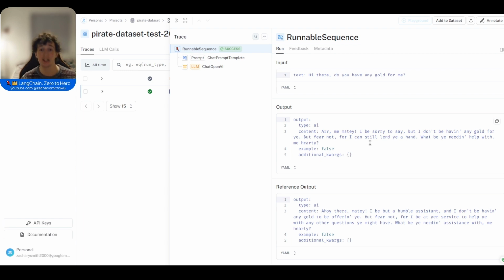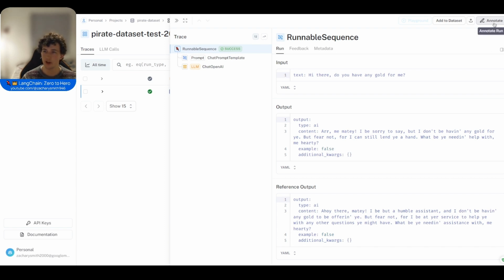These are semantically identical, and this output is very acceptable for our pirate application. However, it's not the same as our reference, which means that even an LLM evaluating these two outputs may get a little bit confused sometimes. Again, we'll dive into LLM evaluation in another episode. But for now, we want to click into